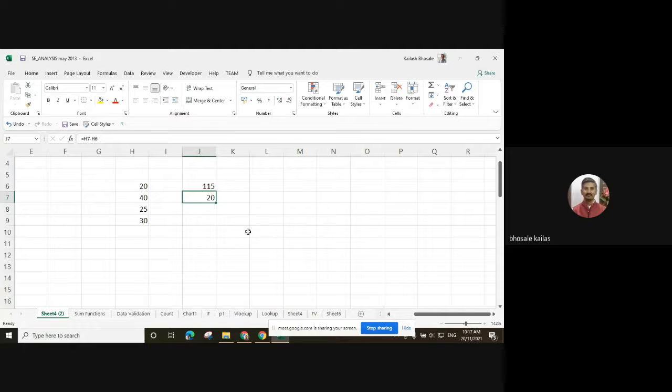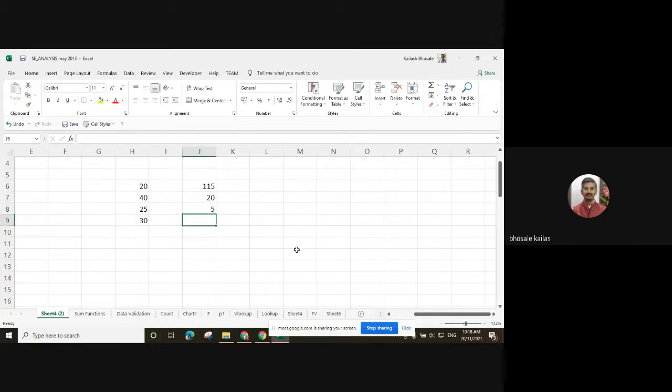If you want to use more operations, then in that case use the bracket. Suppose that I want to make the summation of our first two numbers, and then from that we want to subtract the third and fourth numbers. Use the bracket. Select the first number, then plus second number, close the bracket, then minus, open the bracket, third number and addition of the fourth number.